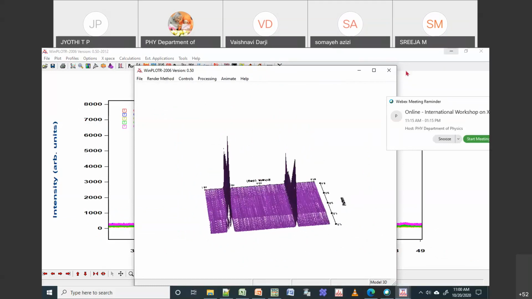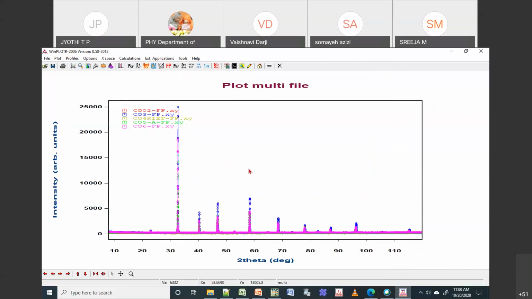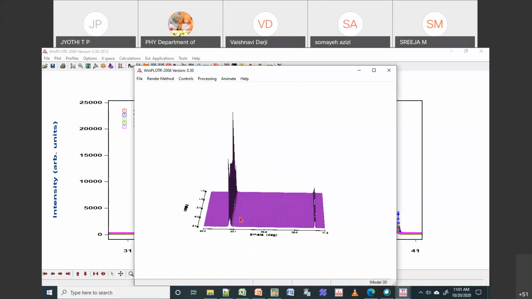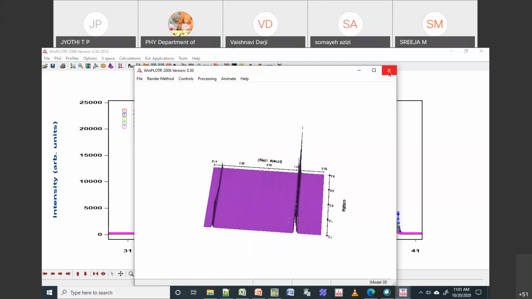So if you are doing a temperature dependence, for example, if you take an anatase sample and take XRD at different temperatures, maybe 500, 600, 700, 800, and 900, after 650 you will see that it is changing to the rutile form. Then you can collect those 3-4 data sets, plot them using this WinPlotter, and show the phase change. So you can see there is a phase change. These things you can do using this old WinPlotter.